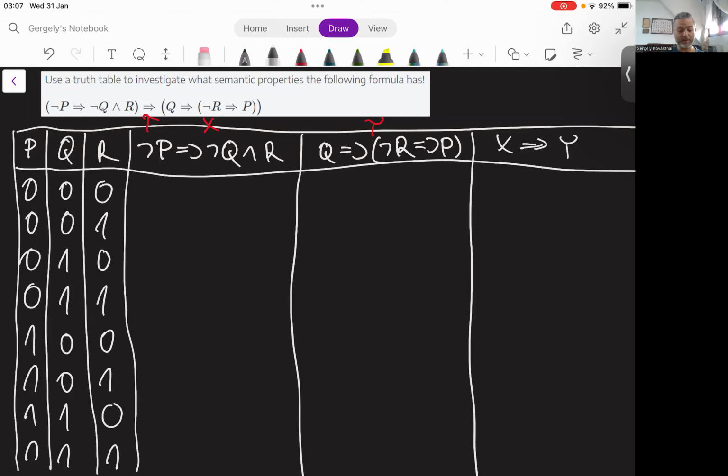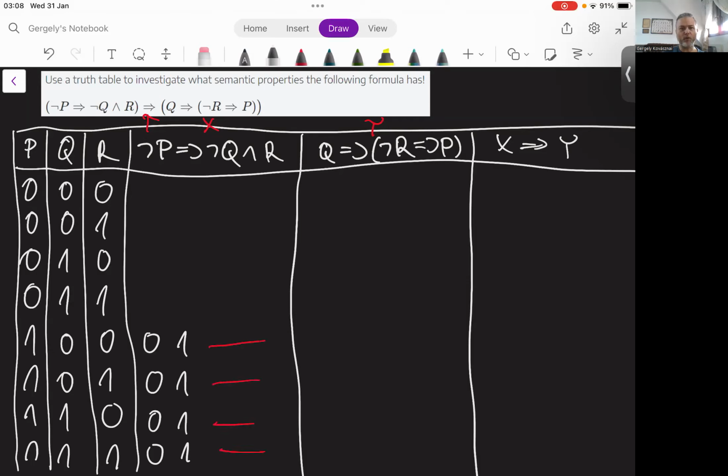On the screen, I have a limited area, so you will find a more detailed evaluation in my lecture notes. So let's start with the evaluation of X. So this is an implication, right? Let's focus on the interpretations where the left-hand side operand not P evaluates to false, because in those interpretations, the entire formula X evaluates to 1 immediately. We don't even need to evaluate the right-hand side here.